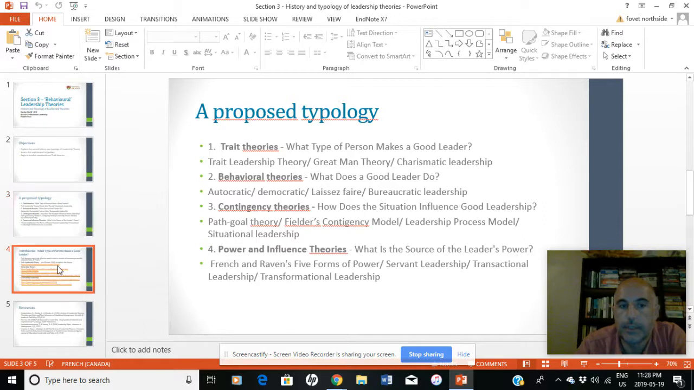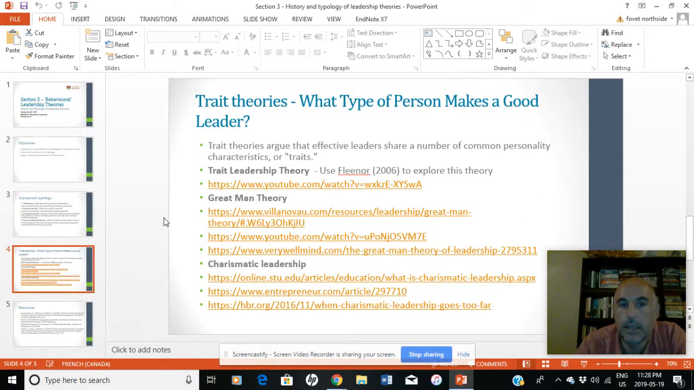Let me just go to the next slide. Okay, so trait leadership theories proper, and you have a text by Flino. I want to apologize as well about the fact that the reference is 2006. You've had me introduction to research. I argue that if something is older than 10 years old, flush it. In leadership, ideas don't change that